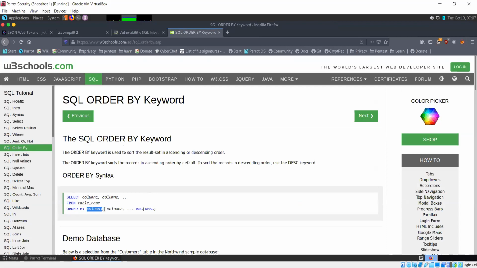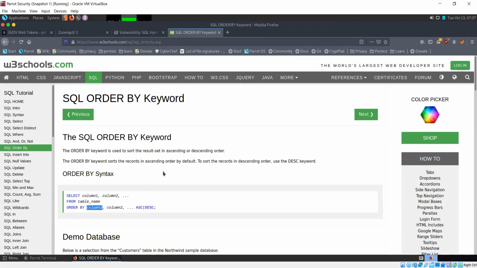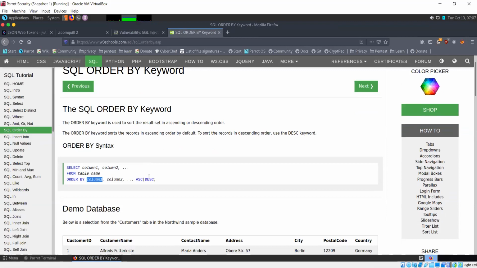And by default, it is going to sort in ascending order. If you want to sort in descending one, then you have to use the DESC keyword. So select whatever columns you want from table name, order by whatever column you want to sort it using. And even here you can order multiple columns. So first it will be sorted by this one, then this, and so on.